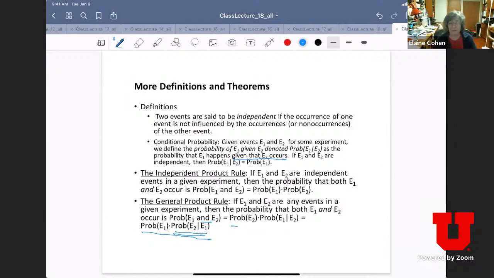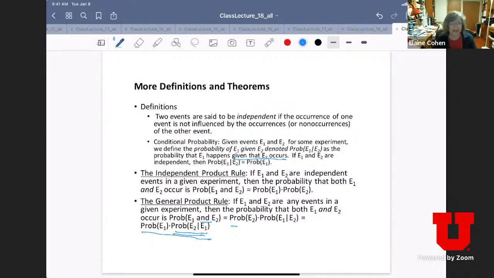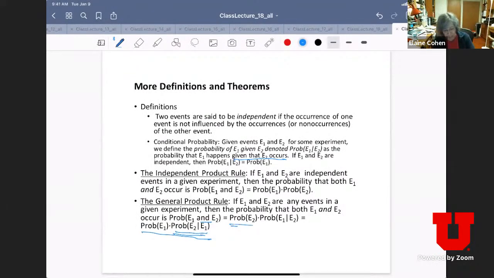Any other questions? What does that mean for the probability? If something is given, does that mean you add it along with the probability of E2? We're going to talk about that shortly, okay? That can be confusing, but notice what you're doing here in this rule is you're saying the probability of both occurring is the probability of, let's say here, probability of E2 times the probability of E1 given E2, okay? So it's a more general kind of product rule.